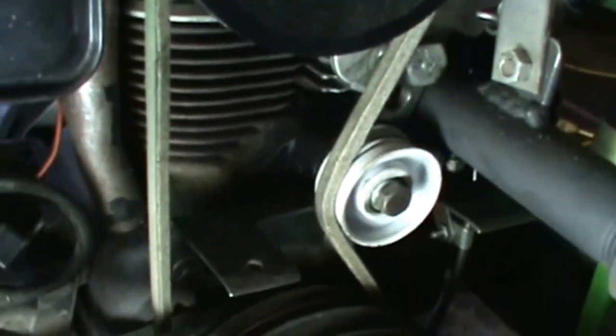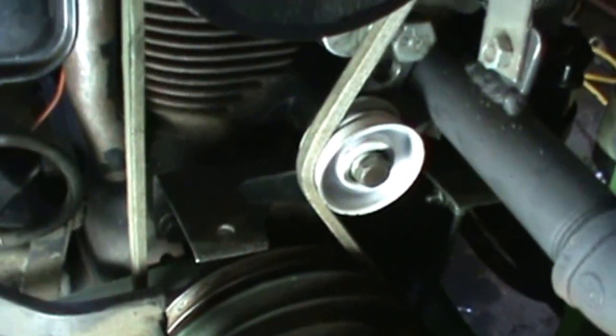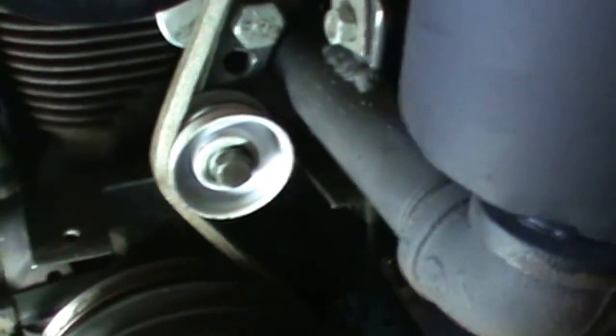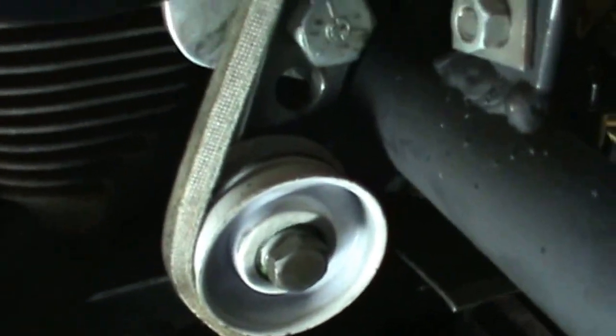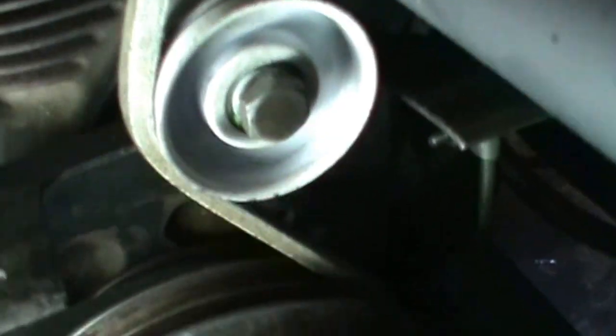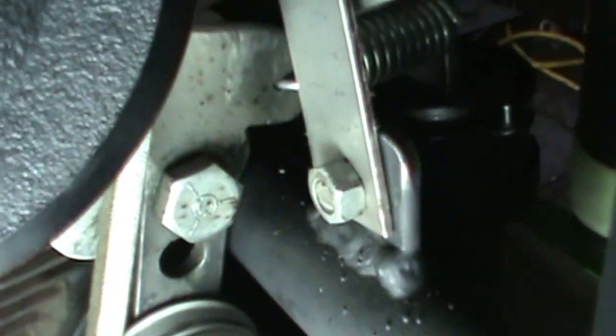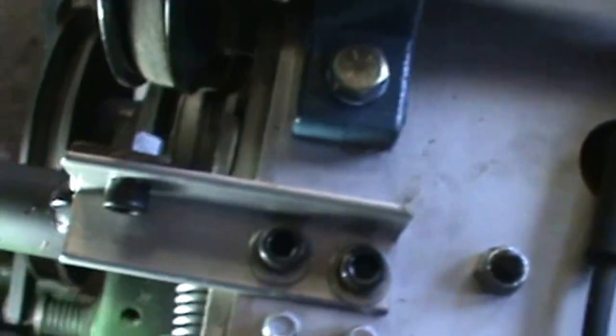pulley here with the jack shaft. Uses the same pulley that the John Deere would have their hydraulics on, and then it comes up here, and it's actually spring loaded, and being that it goes this way, it goes around the exhaust, so there's the spring right there. Get a good shot of that. There's the